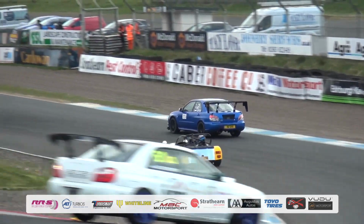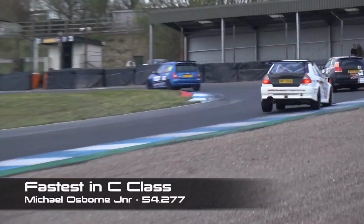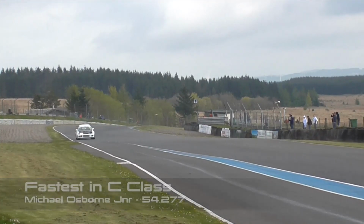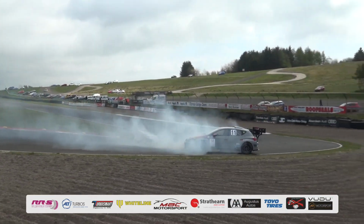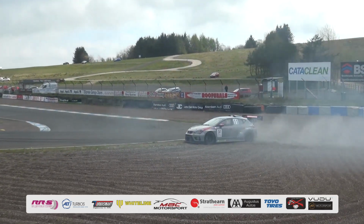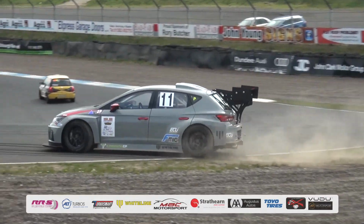Andrew Skinner was another returning man to SLS. A bit of smoke out the Osborne car, you could see it bottoming out as he plummets down from the chicane, and the big compression before he goes back up Butchers. Michael Osborne Jr., 54 seconds as, yes, a big off for Russ Payton at the end of the main straight. But Osborne Jr. leading Class C over his dad, 54.277, as Russ Payton thankfully gets that car out of the